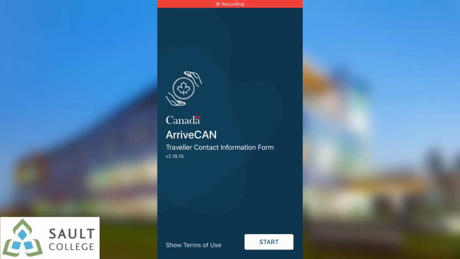Hello everyone, today I'm going to show you step by step on how to use the ArriveCAN app. If you're planning to travel to Canada, you need to download this app to submit information before you travel. Let's get to it. Once you open the app, you'll see an initial splash screen and click Start, and you